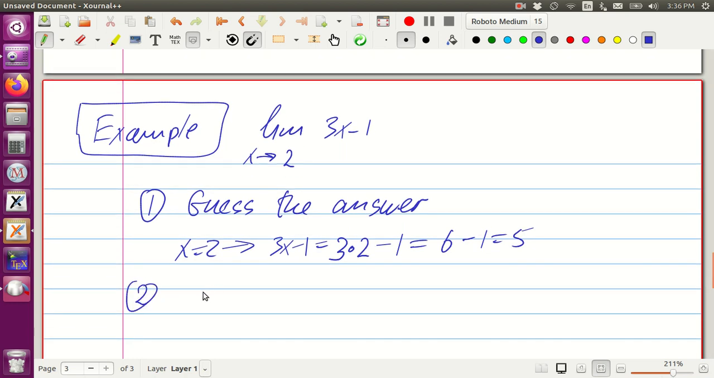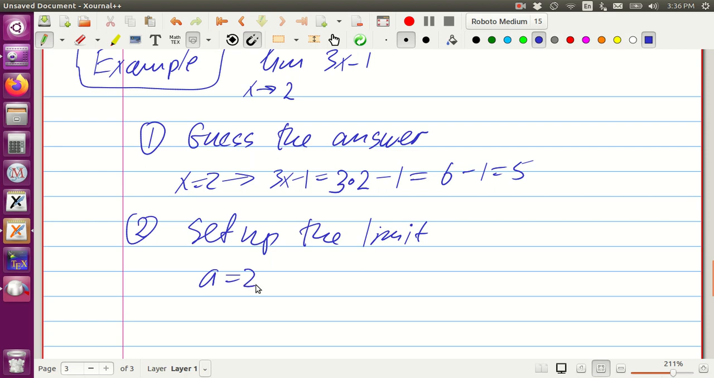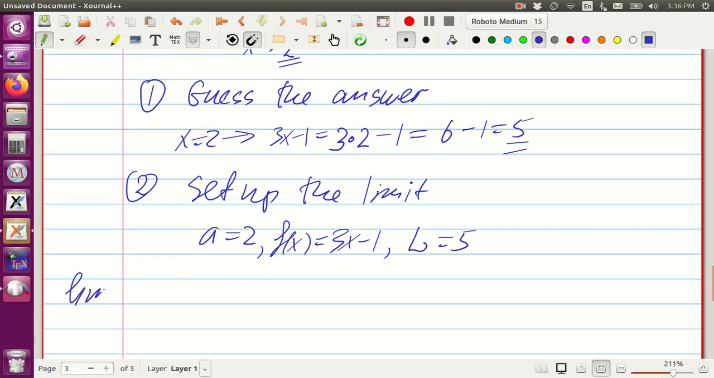Second, we set up the limit. So to set up the limit, we have to provide a, and our a is 2. We have to provide f of x, which is 3x minus 1, and we have to provide L, which is 5. All right, so we're setting it up. So we say limit of 3x minus 1 when x approaches 2 is equal to 5 if and only if,